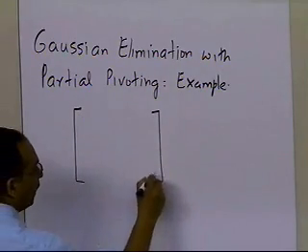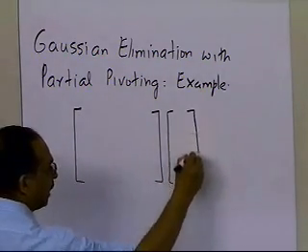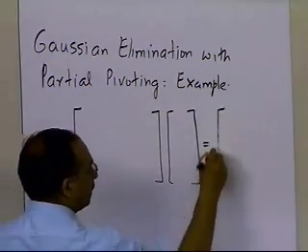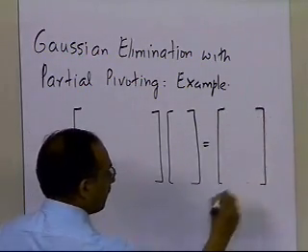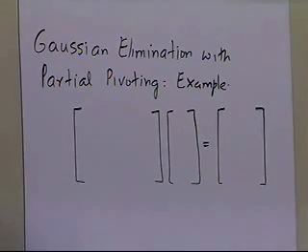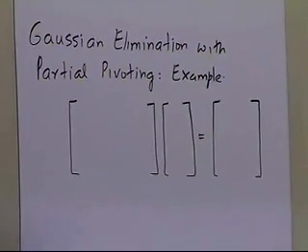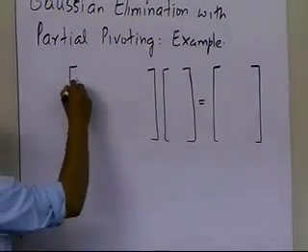The example which we are asked to solve is as follows. It's the same example which we took for the naive Gaussian elimination method. So it would be good for you to review that first before you start looking at Gaussian elimination with partial pivoting, if you have not already done so.